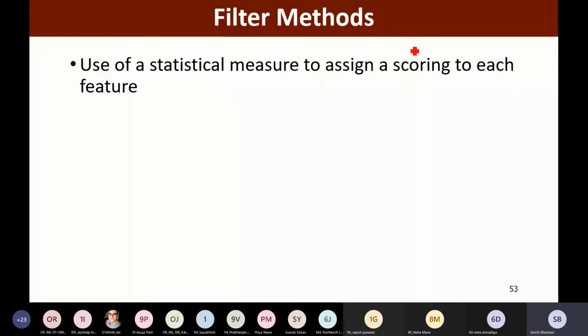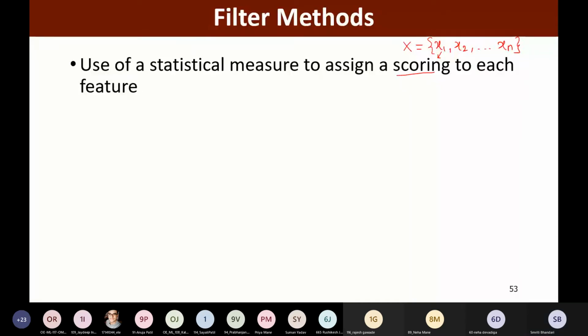If I am having the feature vector x, wherein I am having the features like x1, x2 up to xn, then we are going to use some statistical measure to assign the score to each and every feature that we are having.